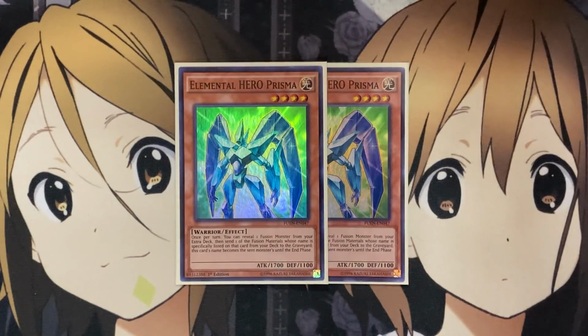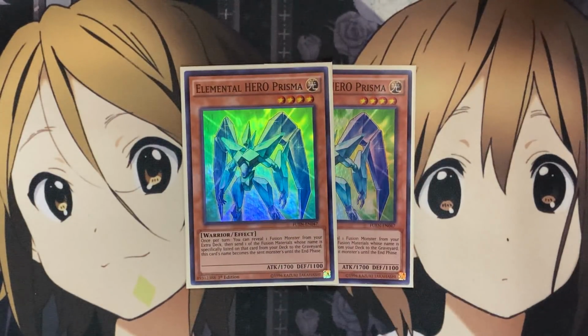I run 2 Elemental Hero Prisma. It lets you reveal 1 fusion monster from your extra deck and send one of those fusion materials whose name is specifically listed from your deck to the graveyard, and this card's name becomes the sent monster's. So whether you have to copy Clayman or any of the other heroes that are specifically listed in the fusion,